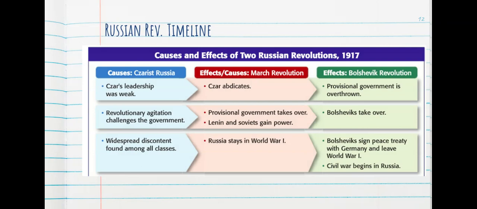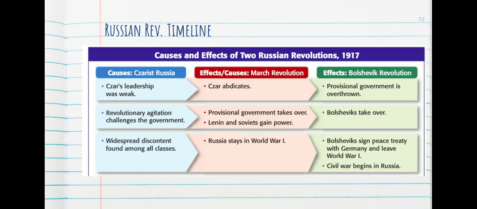The Tsarist rule had been an autocratic rule for 300 years under the Romanov dynasty. Russia is unprepared for war when they enter in 1914. It makes everyone's lives worse because these people are starving already and they aren't getting the nutrients and the food that they need,